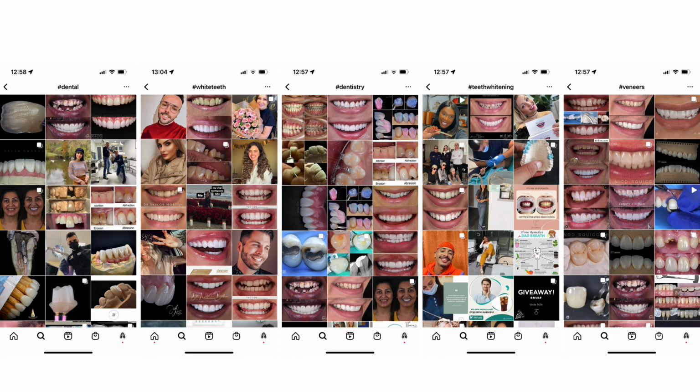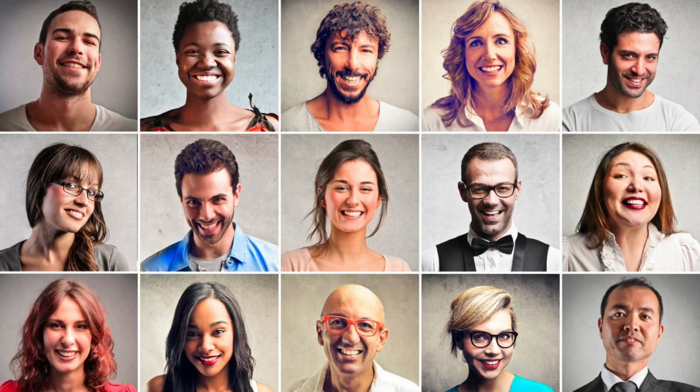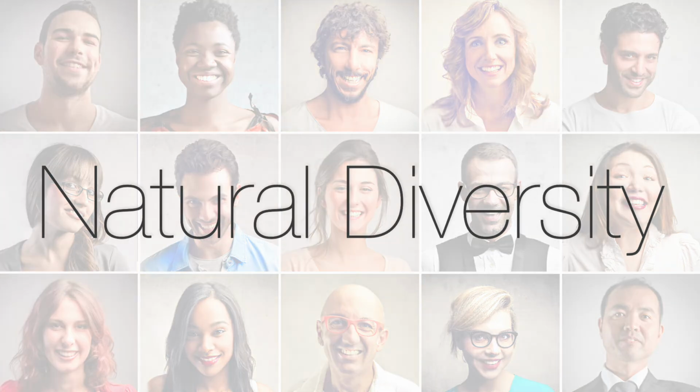We explain to them that real beauty relies on natural diversity, that we're all different, and that even though we can make their smile better, we can't always follow the patterns that they see in those pictures.